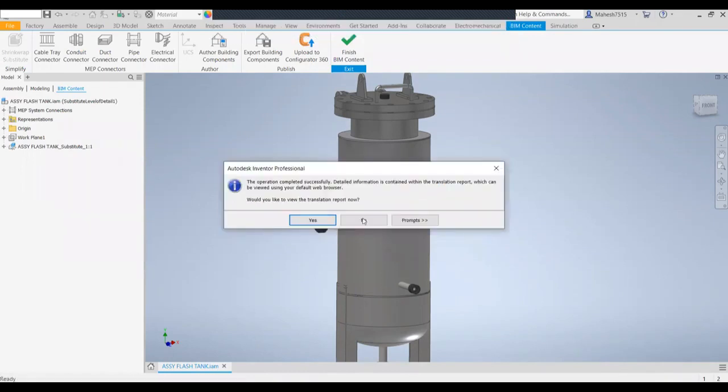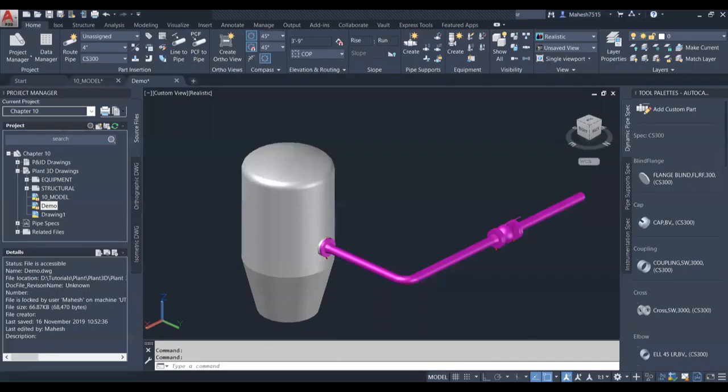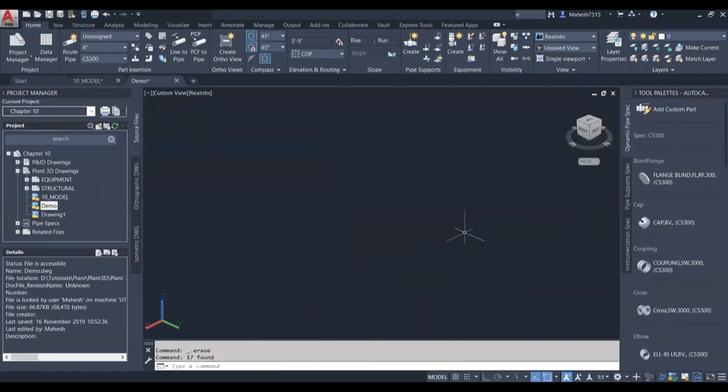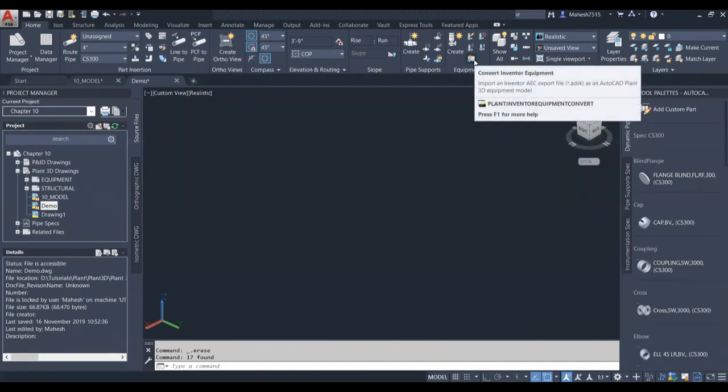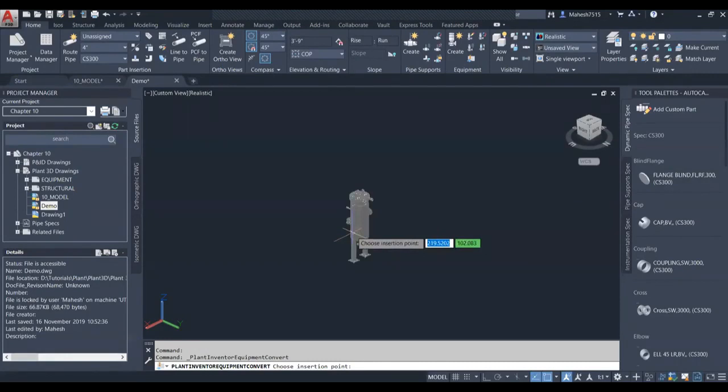No. So we'll go for Plant 3D. We'll delete this block. Okay. So here we have an option to directly bring our Inventor component. Place it here.